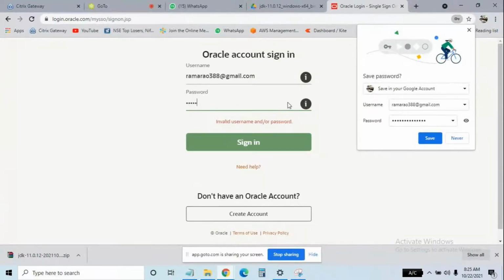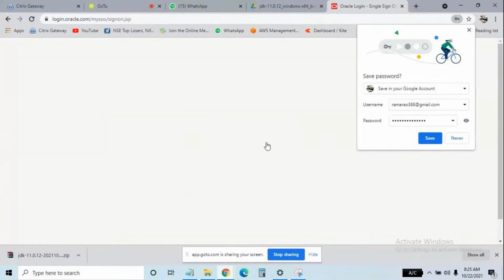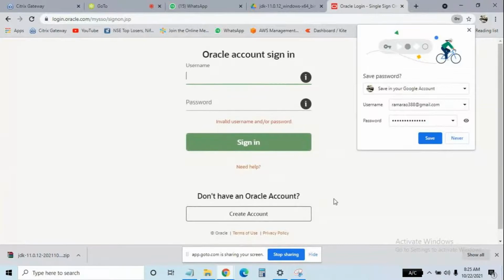Capital C. Password, yeah. Capital C. No, it's short. Okay, one second.